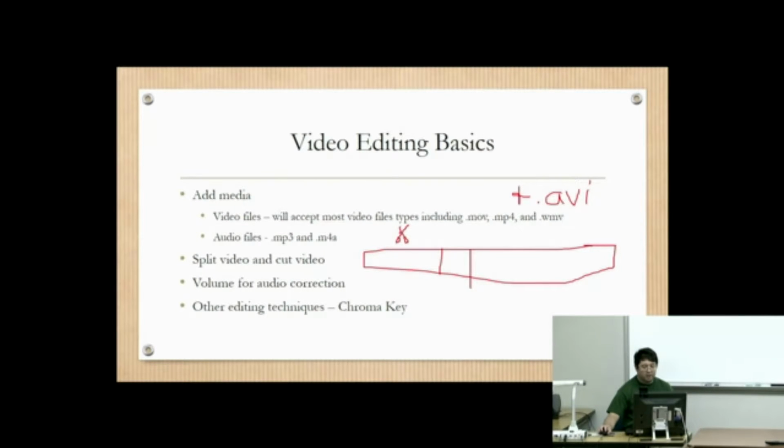This is my generic scissors. So you'll click on this button, and then click on the beginning of the cut, and then the end of the cut, and then you can just press the delete button to cut it